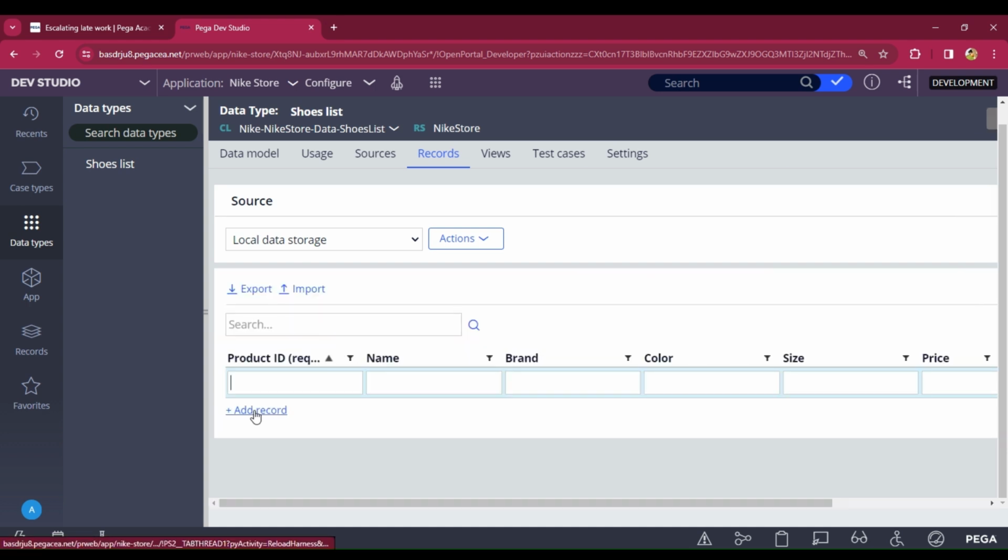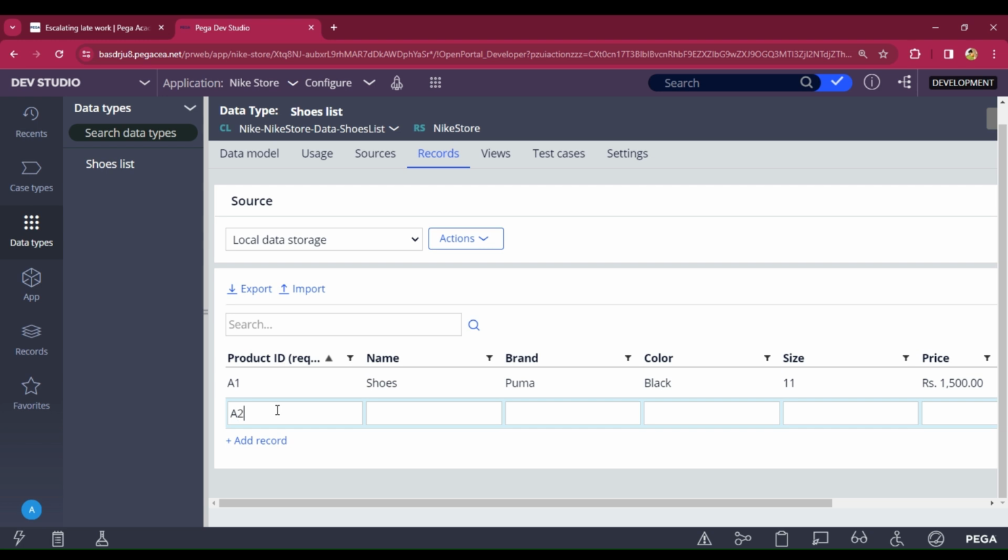And here I'm adding some products. The ID is A1 and product name is like shoes, and brand is Puma, color black, size 11, price is something around 1500, and product ID A2. If you want, you can take the product image also, add the field like product image